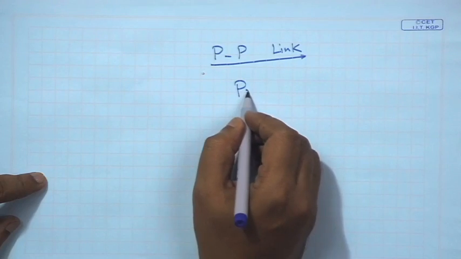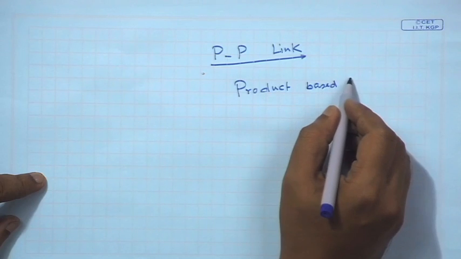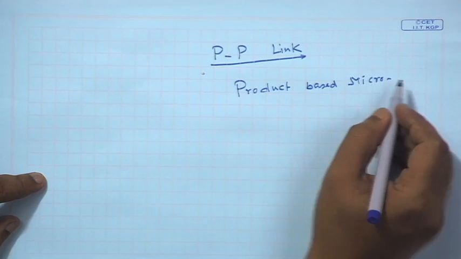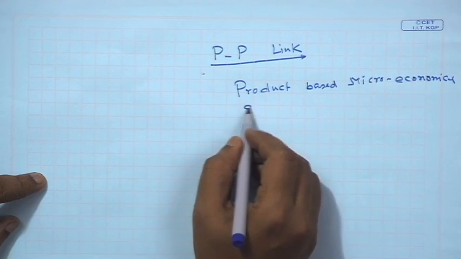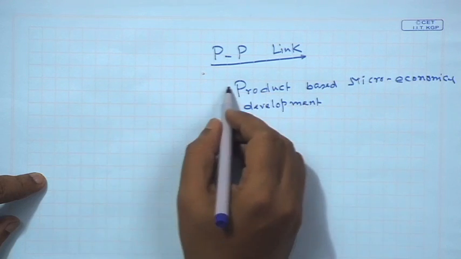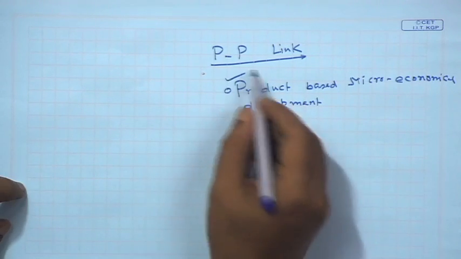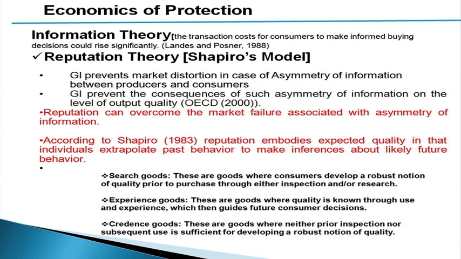And I told you about product-based micro-economic development. And I will show you some case studies to support my hypothesis. Okay. So now, when we are discussing the geographical indication,